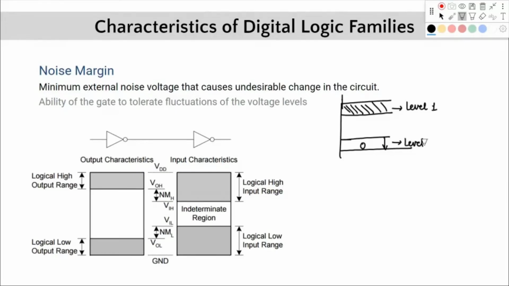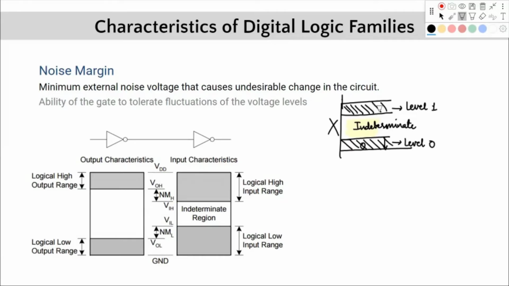So what this basically means is that if any value falls in this range, it will be assigned logic value 0. If anything falls in this range, it is going to be assigned logic level 1. This area in the middle is undefined, it is indeterminate. If your voltage is in this range, the gate doesn't know whether to assign it level 0 or level 1 or what to do. So this level should be avoided at all costs.